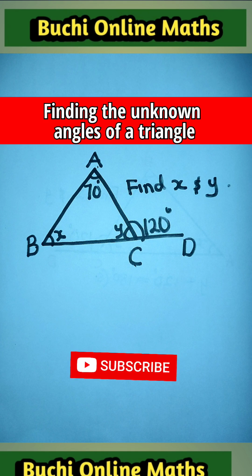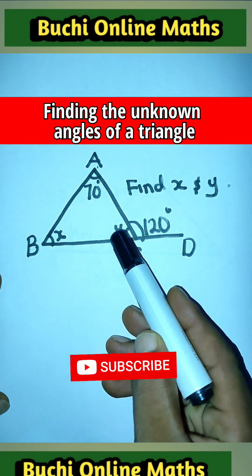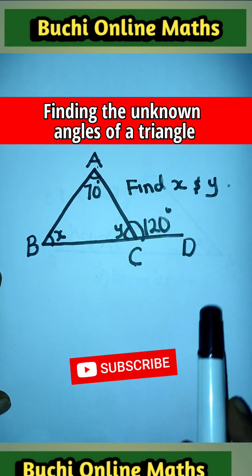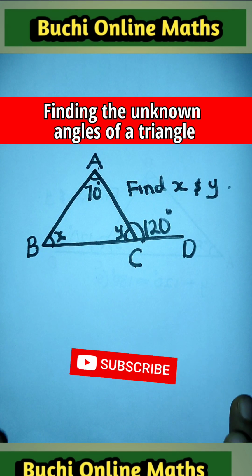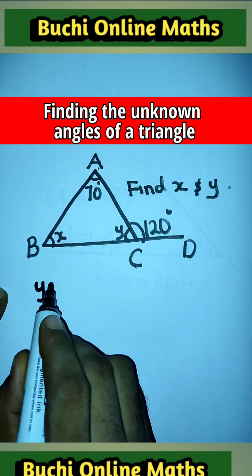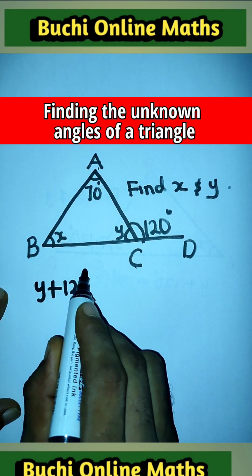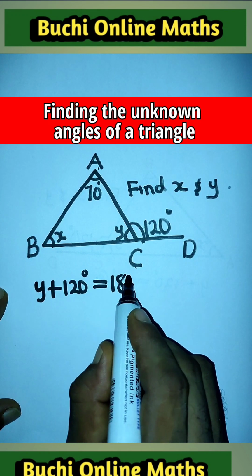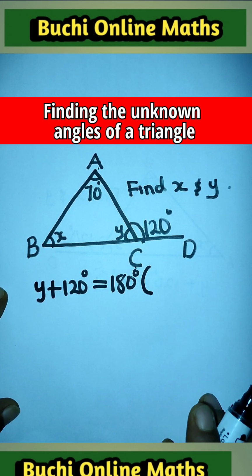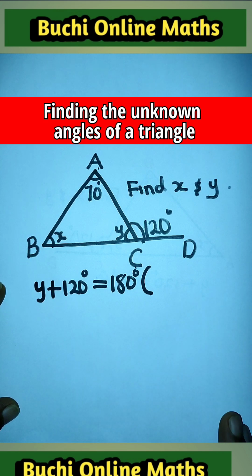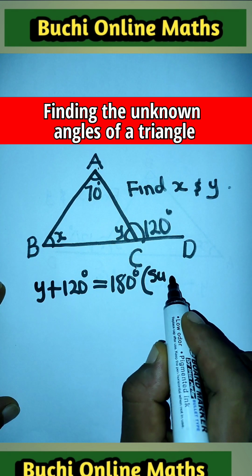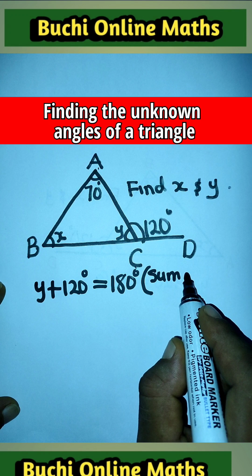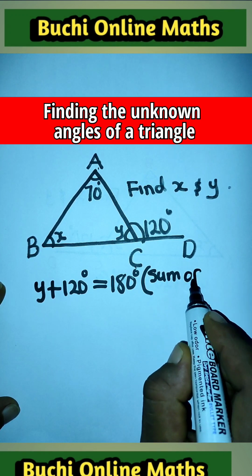Now let us adopt the best method. My best method is to first of all find the value of Y using the sum of angles on a straight line. Therefore, Y plus 120 degrees equals 180 degrees. So you give your reason, because the examiner wants you to show all the steps. You just tell them that both of them, that's Y and 120, are angles on a straight line. So sum of angles